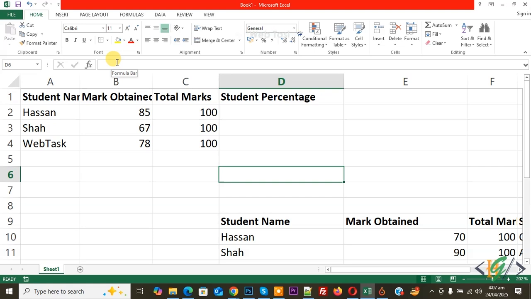Bismillahirrahmanirrahim. Assalamu alaikum. My name is Hassan and today we are going to convert numerical marks into percentage in Microsoft